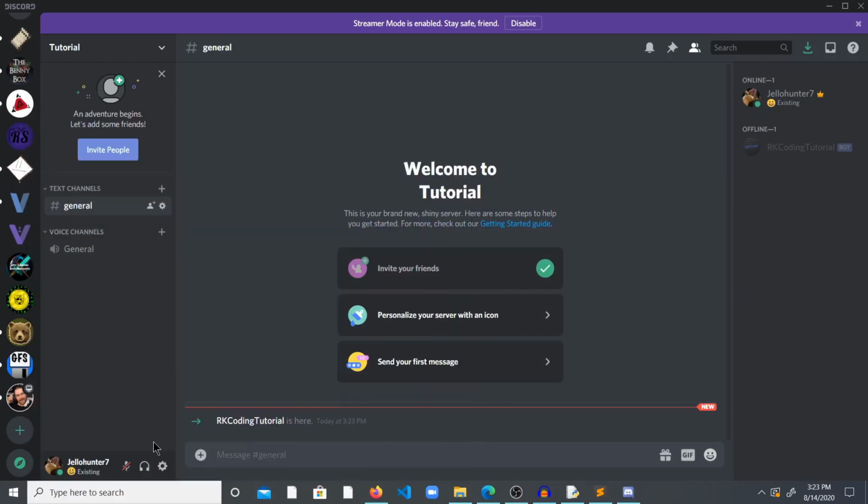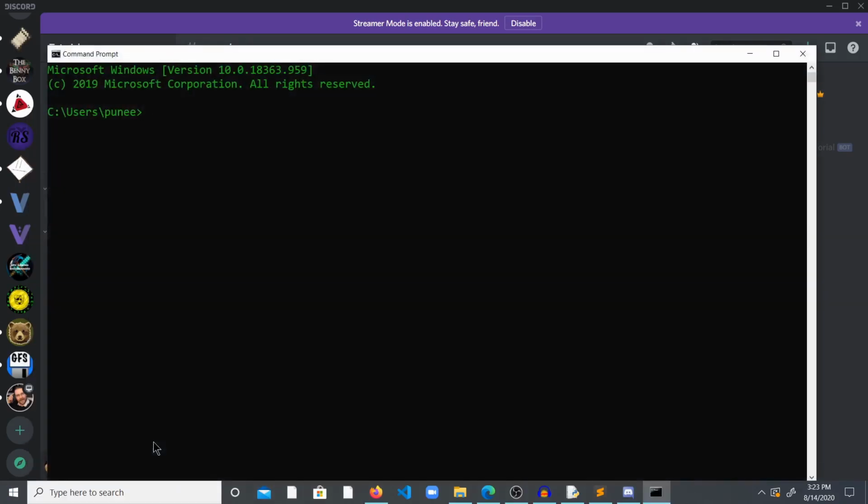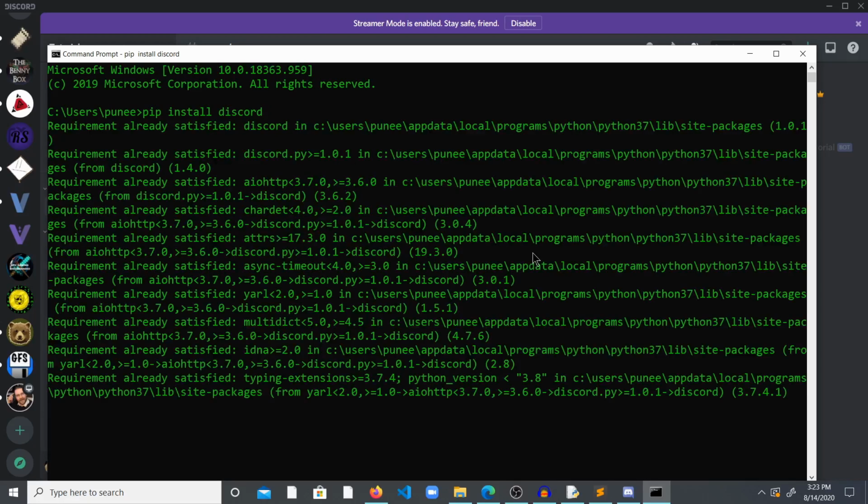But now that we're done making the bot, we actually need to code the bot. So this is the fun part. So let's open up the terminal and type in pip install discord. And for me, it's going to say requirement already satisfied. For you, it should show install bars and stuff, unless you already have it installed. And while we're at it, we want to do pip install